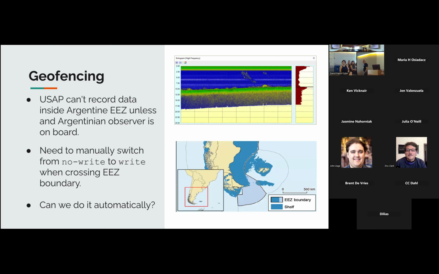Another thing that's handy with the cache data writer, I'd mentioned geofencing before. When we're inside Argentine waters, we can't record data. Once we leave Argentine waters and are in international waters, we can. With the NBP, that usually happens at about 3 in the morning. And so historically, one of the sysadmins, even if there's no science going on, has to be up watching the GPS. Okay, start it. And then coming back, okay, now we're out, stop it. Oh, but we need a little bit of a buffer. So